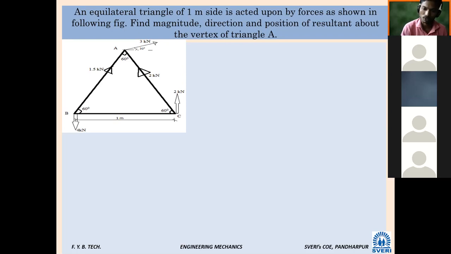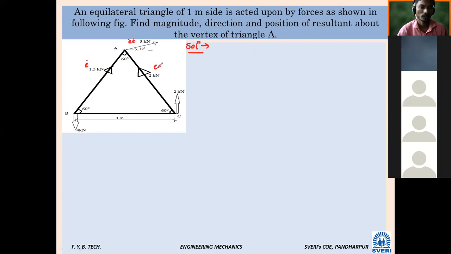Very good. Shall I give names to these forces? Yes, sir. Okay. So let us see, this force is 1. Here 3 Newton, I will say 2. Then this will say 3. This I will say 4. And here for 4 Newton, 5th force. How many forces are there in this system? Five forces are there.